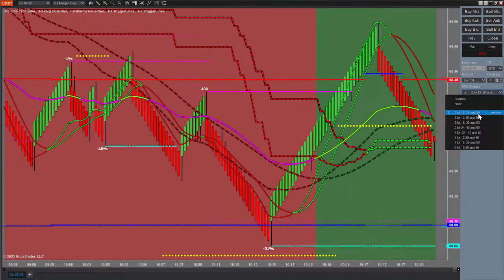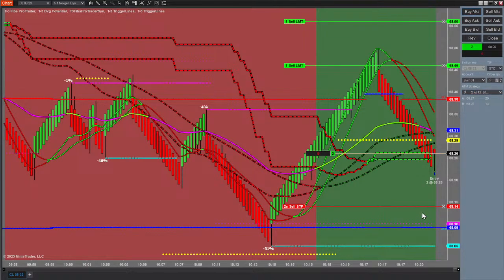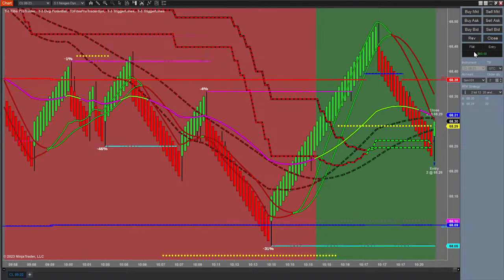What does that mean? That means that if I get into the market, my stop is at 12 ticks, right? My first target is at 20 ticks. My second target is at 30 ticks. So that's one way to do it. Maybe you want something a little more custom, right? Maybe you're like, man, I don't want to go for 20 and 30. I want to shoot for 100 and 200. I want to keep it simple and focused.